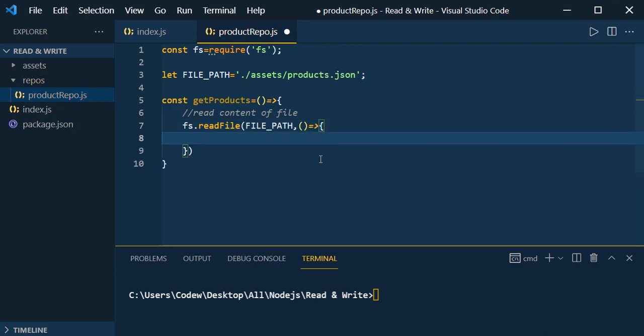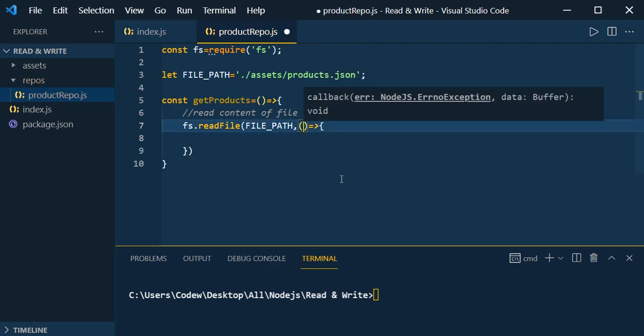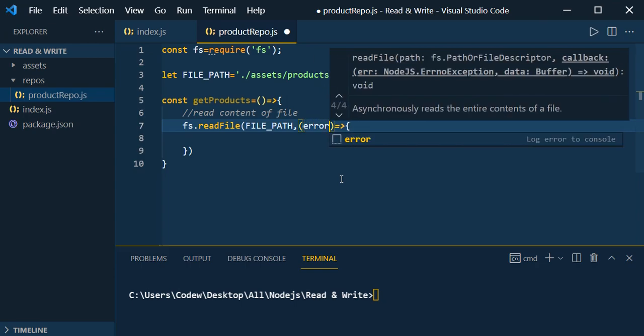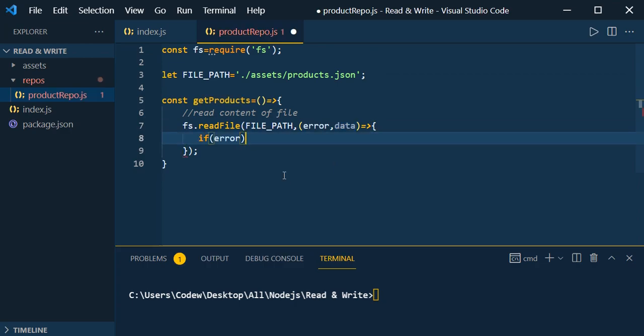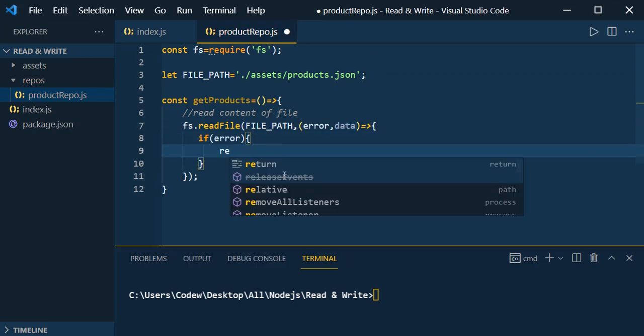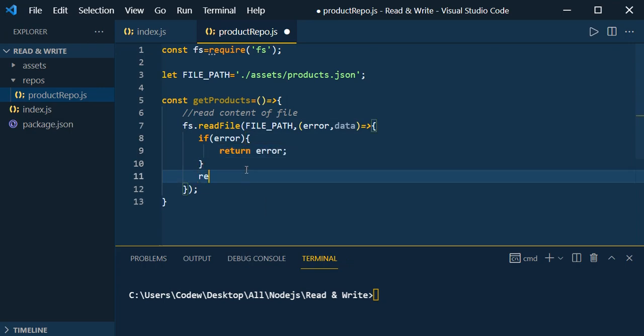Here again I am going to write an arrow function. We know that this callback function will accept two parameters, error and data. Once the readFile execution is completed, we are going to get either data or error. If there is any problem while reading the data, we are going to get the error details in the error object. Otherwise, we are going to get the content in the data object. So if there is any error, just return error, otherwise just return data. Here we don't require the else part, because if there is an error, it returns the error, otherwise it comes here and returns the data.